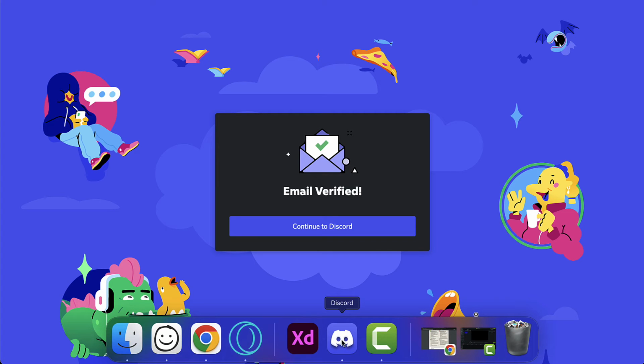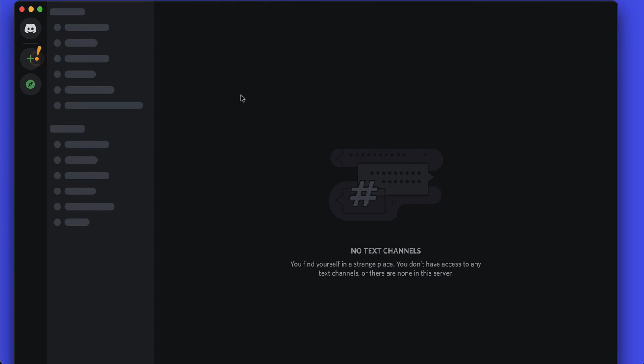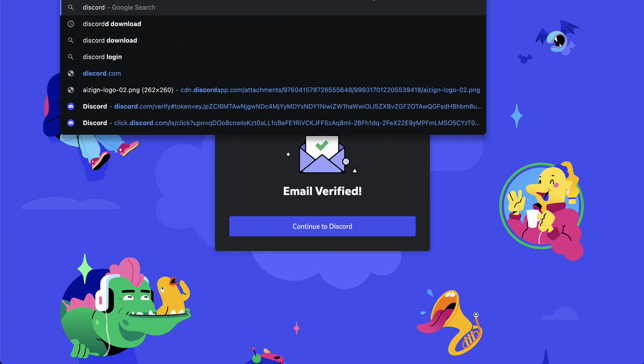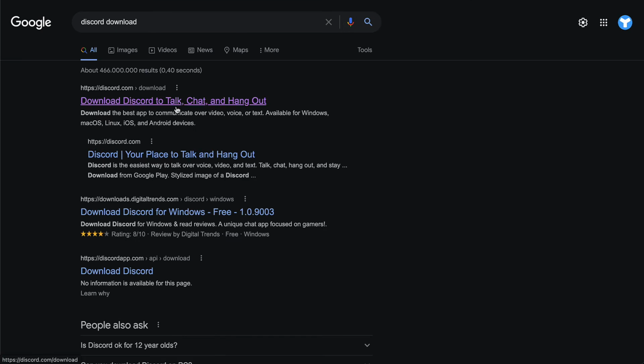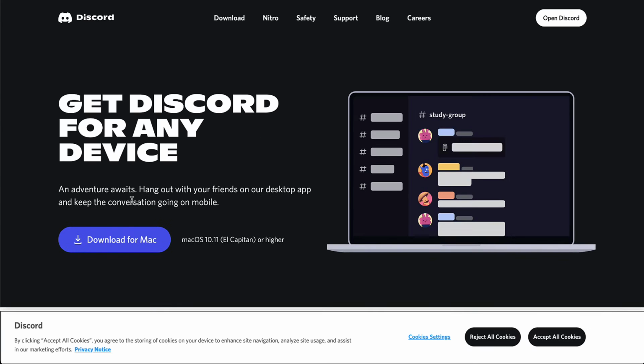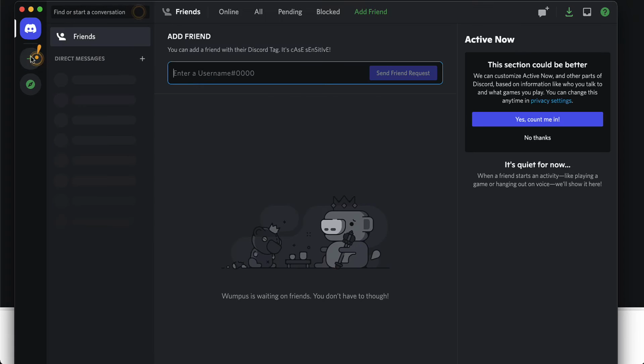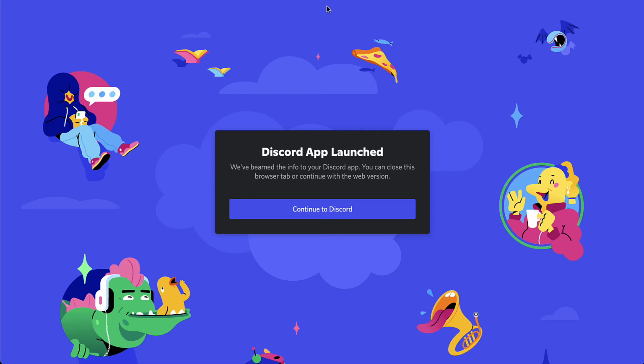I also installed the app on my computer for Discord. I had it already installed, so if you don't have it, just type Discord download, and you can download the Windows or Mac version here. So now that Discord is installed and my account has been verified, you can see here there's not much going on. So I'm going to go back to Midjourney.com